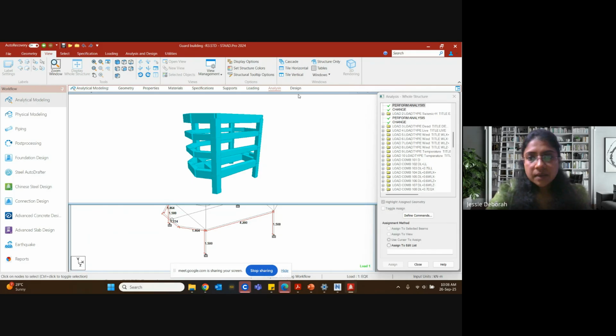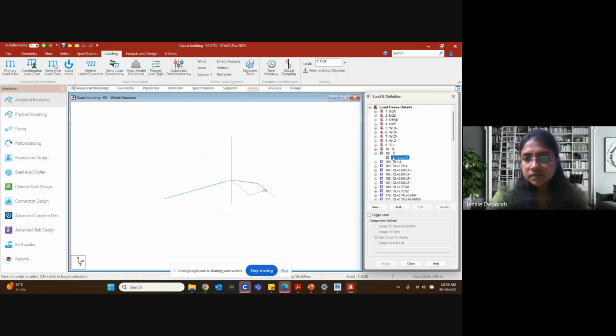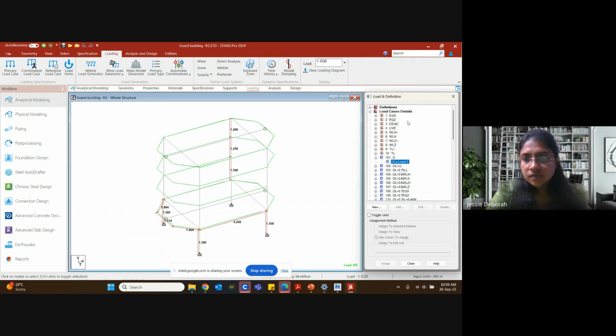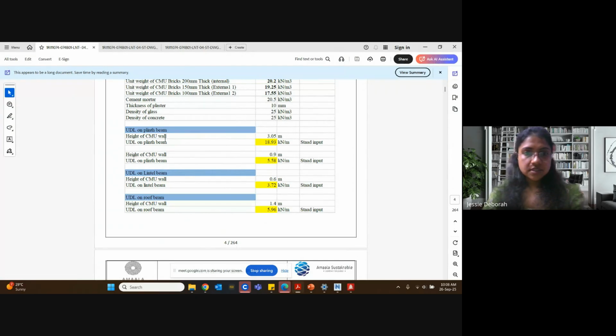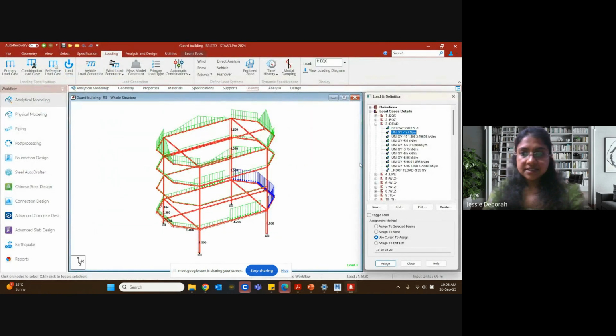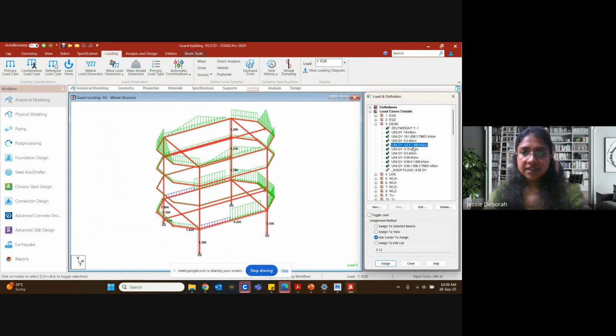Okay, so here if you see, load. See, dead load. So dead load, first, self weight of the entire structure. Okay, self weight and the concrete density. Then after that you are going to consider 19. So this is your UDL on the plinth beam. So that is what is considered here. This is 19. Then everything here will be considered in the y direction.